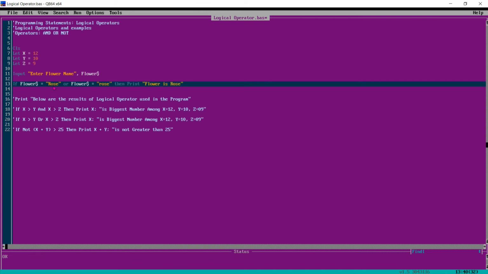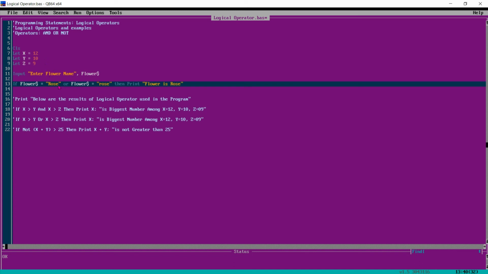This is a very silly mistake. Please remember, double quotes mean a string. See, this is a number, x, y, z are numeric variables, and this is a string. So we have to put it in double quotes.